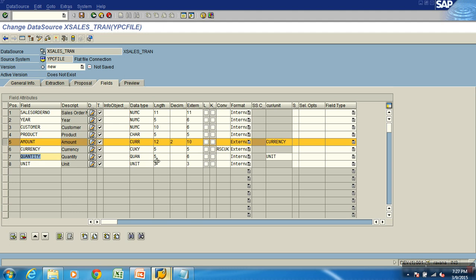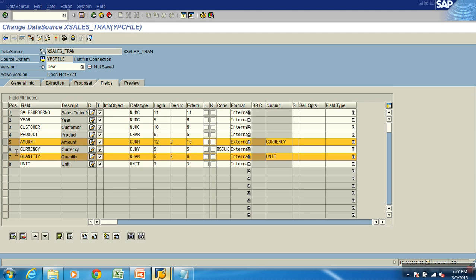If you want to put some decimals, you can put that. And for quantity, what was the reference field? I have a field called unit, so it takes unit as the reference. Now it has proposed it automatically. If you see the sequence of positions, the column positions 1, 2, 3, does this position match with my file structure?